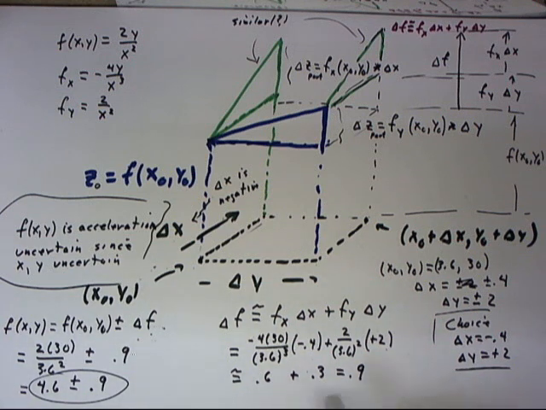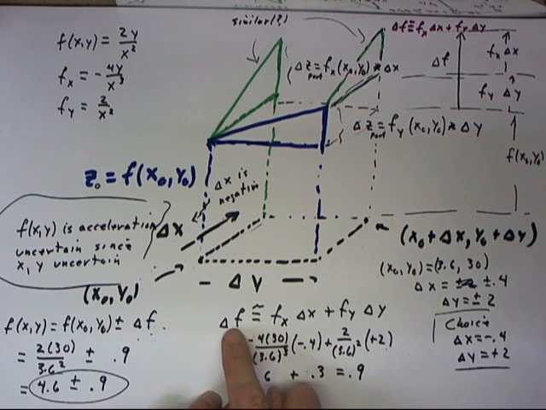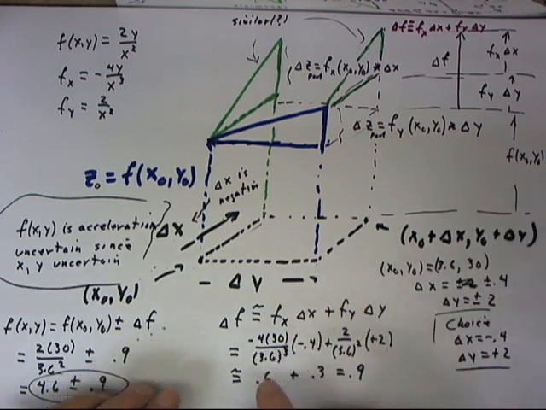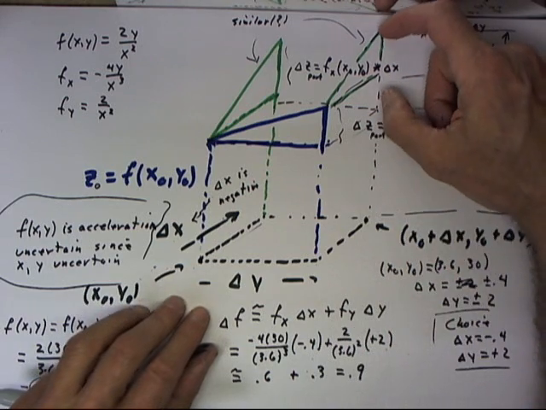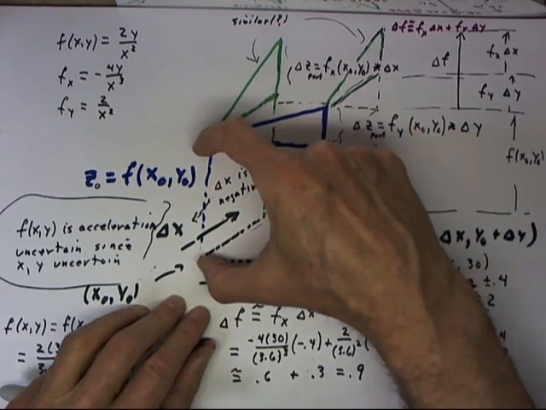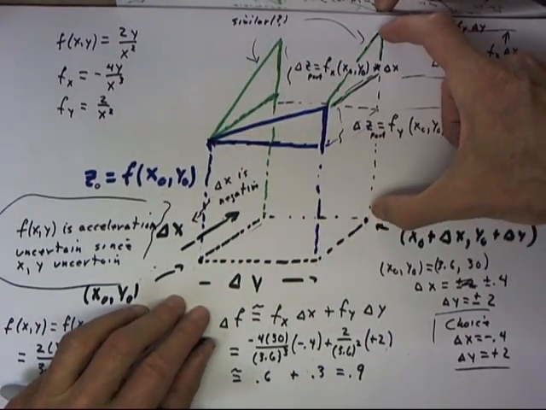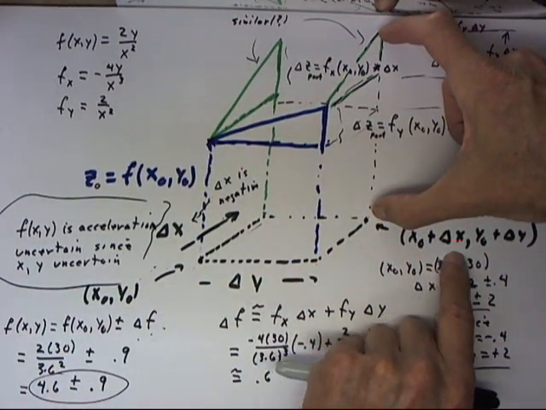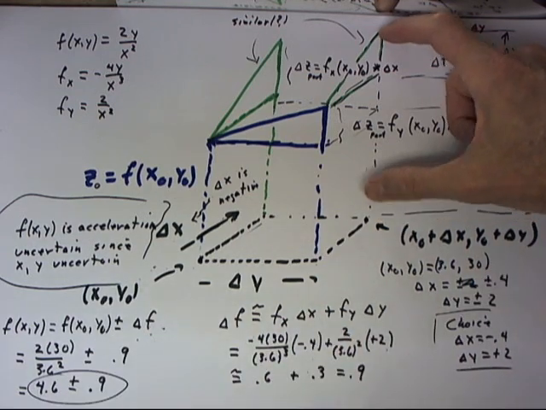And the results I've gotten just from a mental calculation, and you can't trust that, so do this yourself. The fx delta x turns out to be about 0.6, the fy delta y about 0.3, giving us a total delta f, a total uncertainty in f of 0.9. Once more, what this means is that for these values, this difference here, the difference between the f of x naught y naught value and the f of x naught plus delta x, y naught plus delta y value is